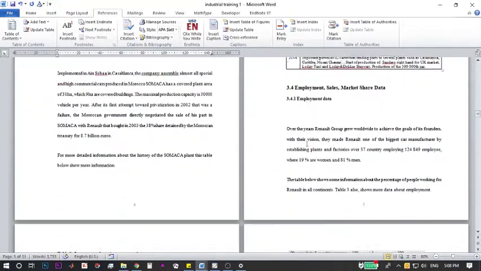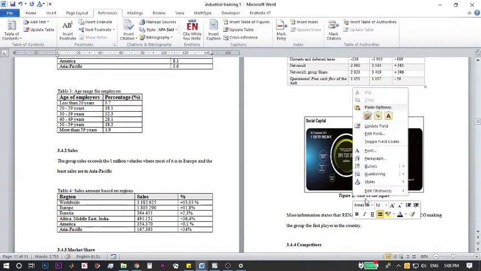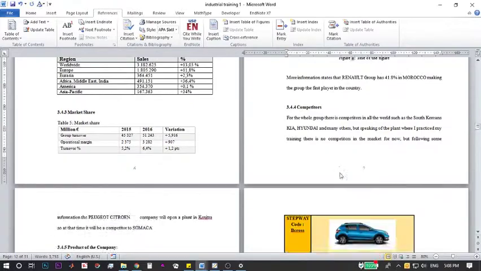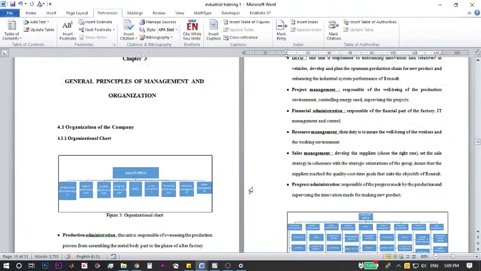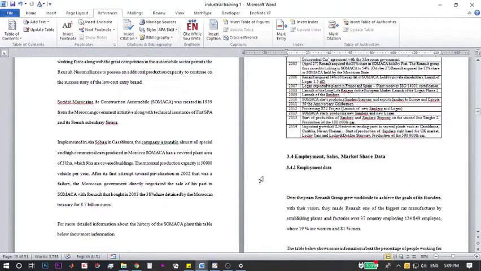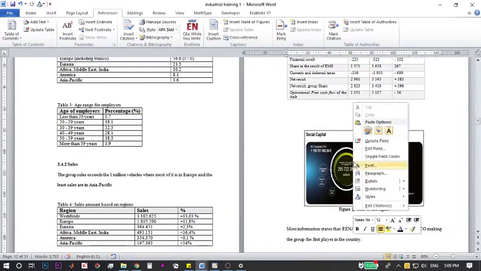And I need to update the captions. Yeah, when I press update, it changed from 2 to 1 automatically. Yes, we have 3. That's good. Just to make sure that I'm